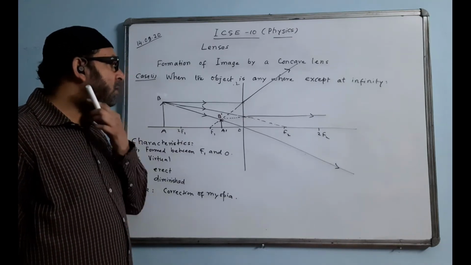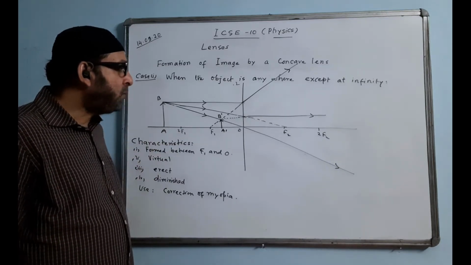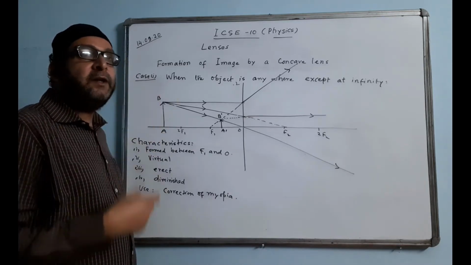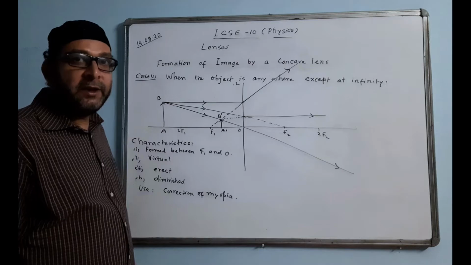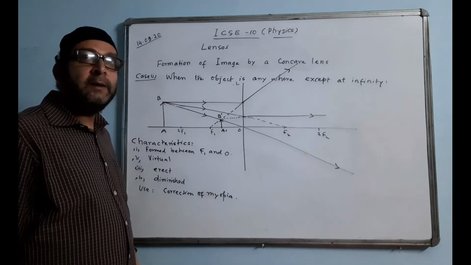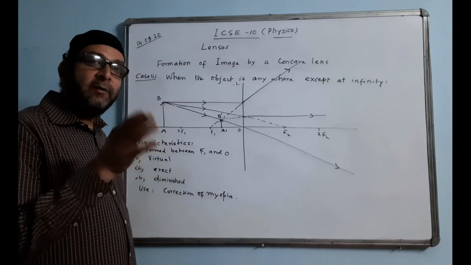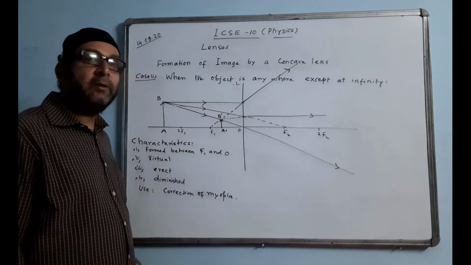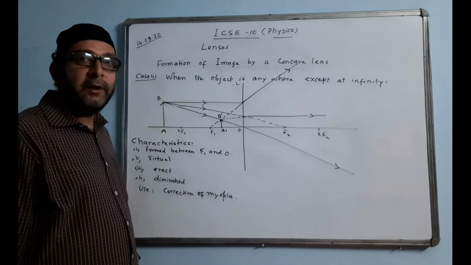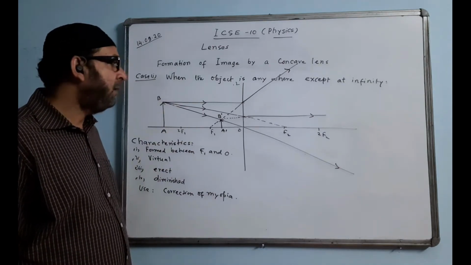Okay, if a question comes, a lens forms a diminished image which is obtained on the screen. So, name the lens. Which kind of image is obtained on the screen? Only a real image. And we know a real image can only be formed by a convex lens. The lens has to be convex. Some kind of clues will be given, like the image on the screen, or that we can project it on the screen, and also that it will be the real image.